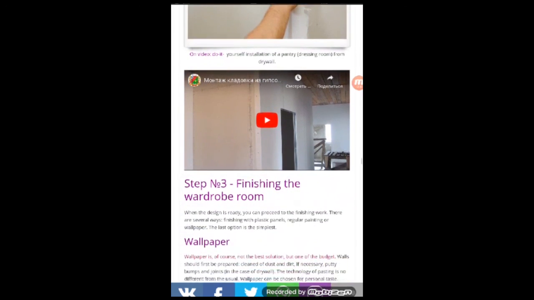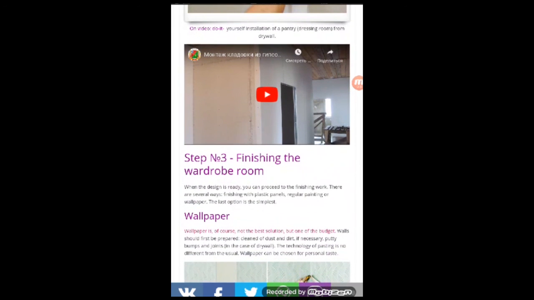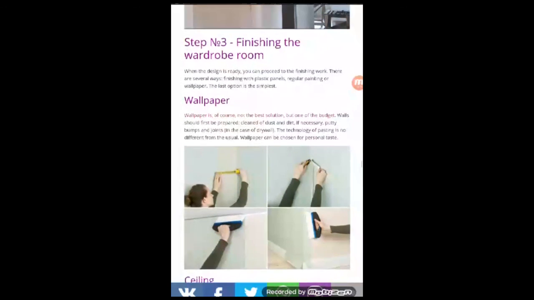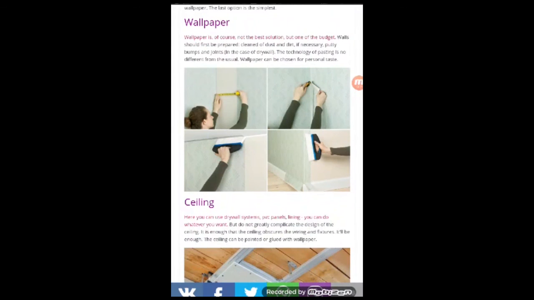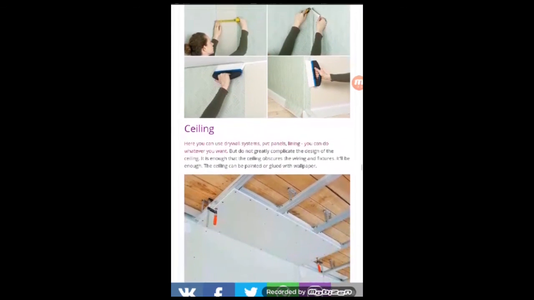Okay, everybody, we can finish the wardrobe rooms. When the design is ready, you can proceed to the finishing work. There are several ways: finishing with a plastic panel, regular paint or wallpaper. The last option is the simplest: wallpaper. We stop it there, and we can